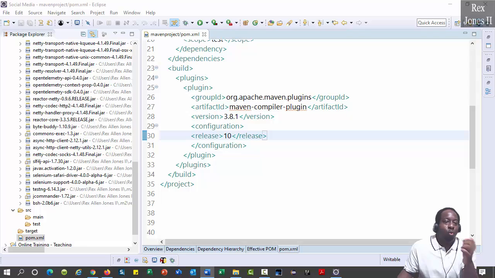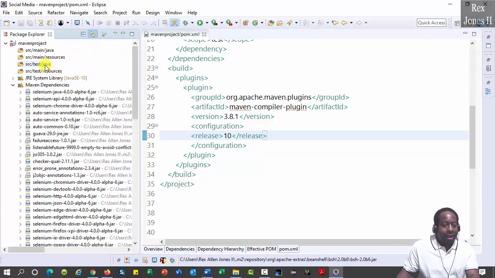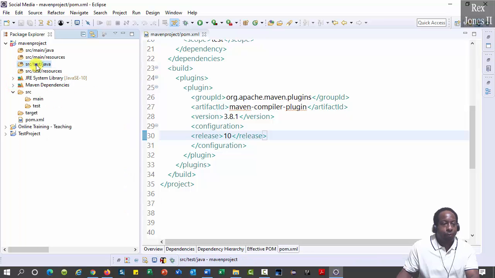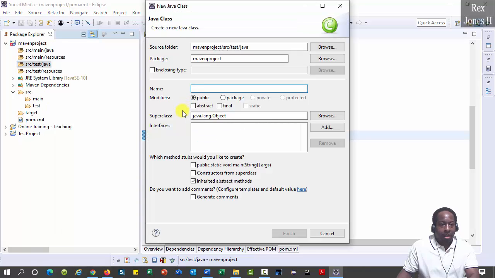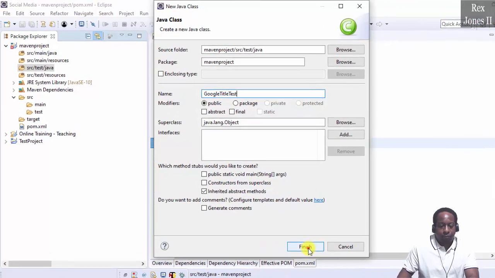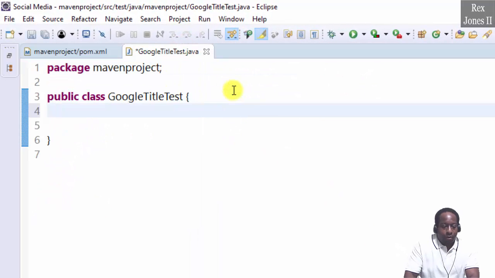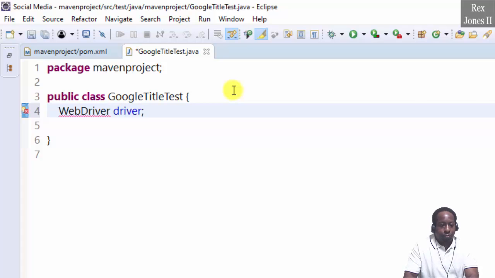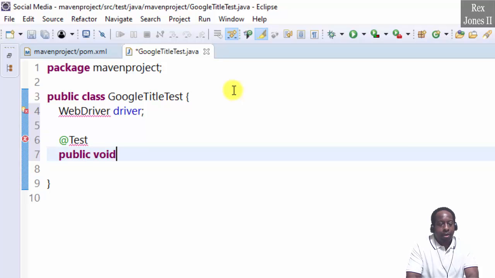Now let's start with creating a test script. We go to src test Java. Right click, new class. Class is GoogleTitleTest. WebDriver driver. At Test annotation, public void